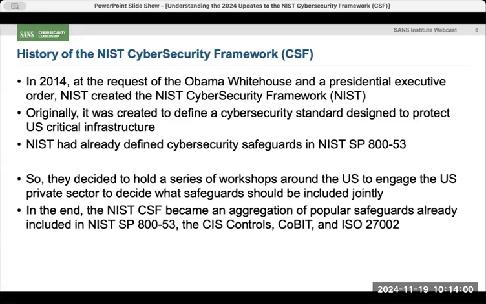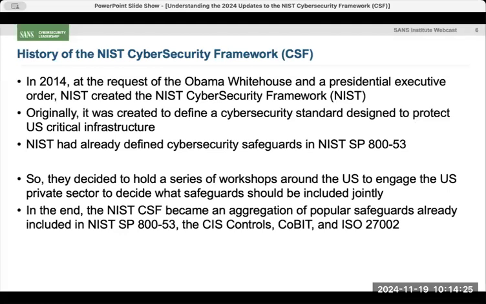And the thought process was the federal government has a certain amount of intelligence that they can share with the private sector and help them be more successful in cybersecurity. And the private tech companies also said, you know what, we have information that we might be able to provide the government, and maybe we can make their lives better. And so the theory was, what if we partnered together, share that information, and then use that to make good decisions on what safeguards made the most sense?